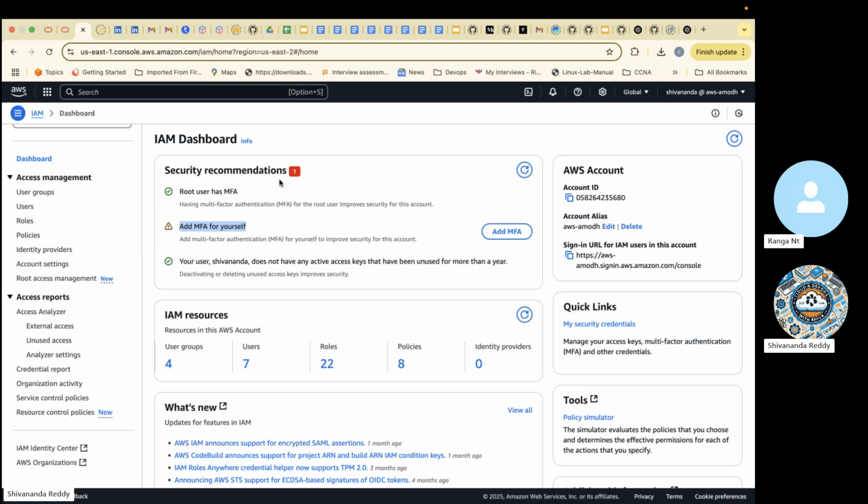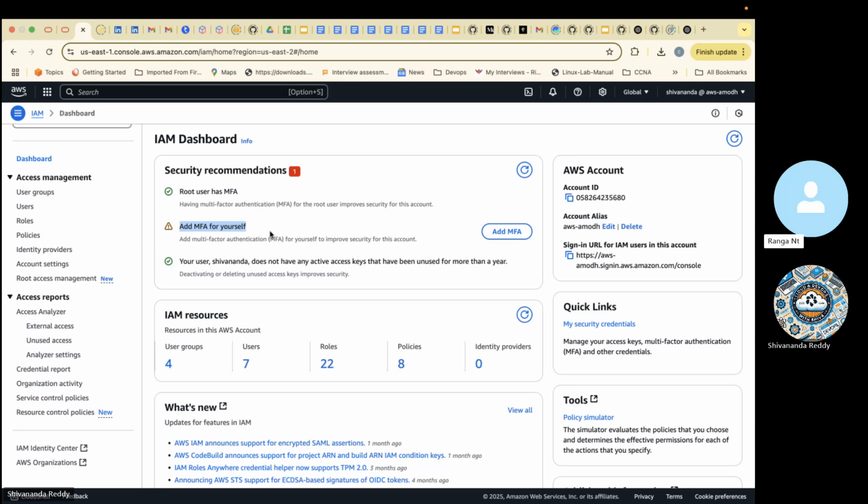Because this root user is the account owner who gave the access to me, right? That guy is different. That guy enabled MFA himself, and it's a predefined rule that I also need to enable MFA. But why didn't I enable it? Because I have only one mobile. In that mobile, I already have MFA enabled for my office account.